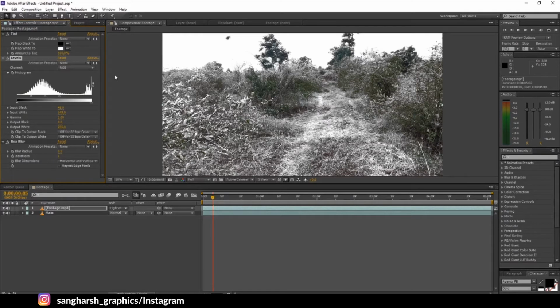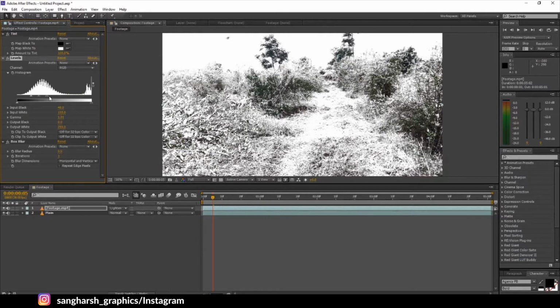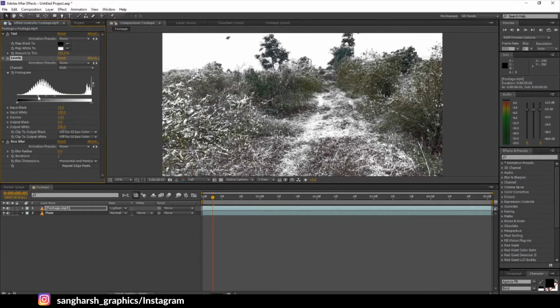Every footage is different, light is different, so it is up to you what color did you want, how much snow you want. If you drag the white, it will look too much snowy. If you drag this black side, it will look less snowy. So let's adjust it something like this. As you can see, we have some grain shades here now. Yeah, perfect for now. If we need to change the value, we can change it later.